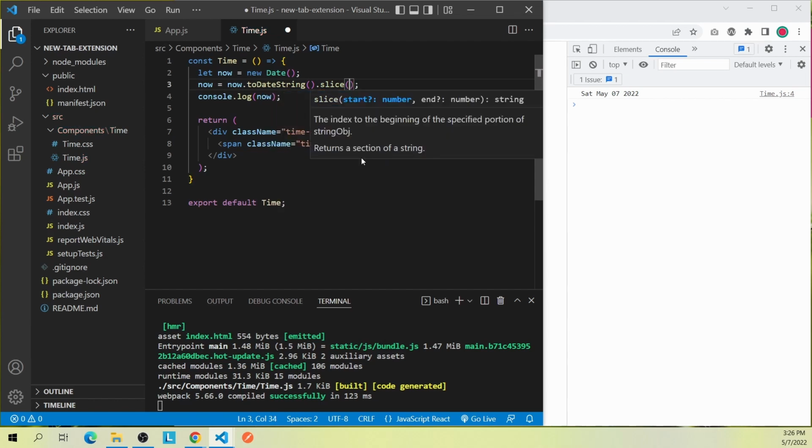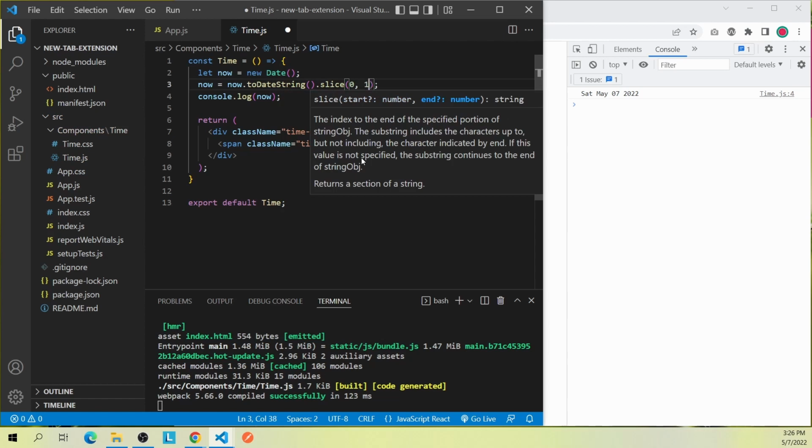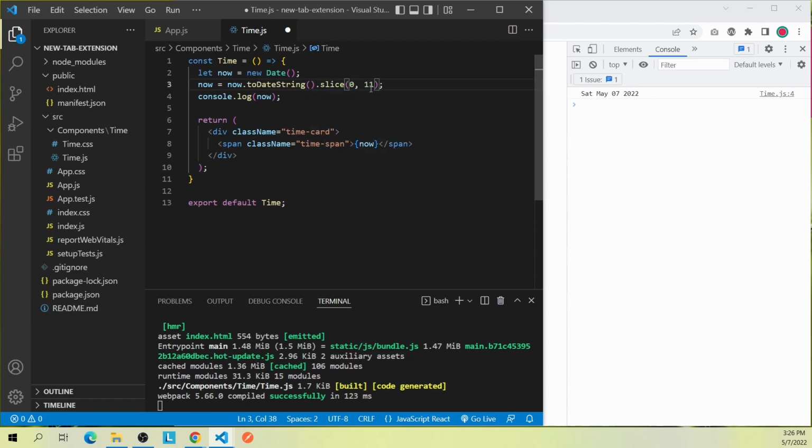There we go, pass from 0, the first element, up to this one. And this is not included, as mentioned here. So from 0 to 10. Now if I save that, refresh, you can see the year has been neglected. Alright, cool. Now I'm going to create a function that will allow us to display the date in the format